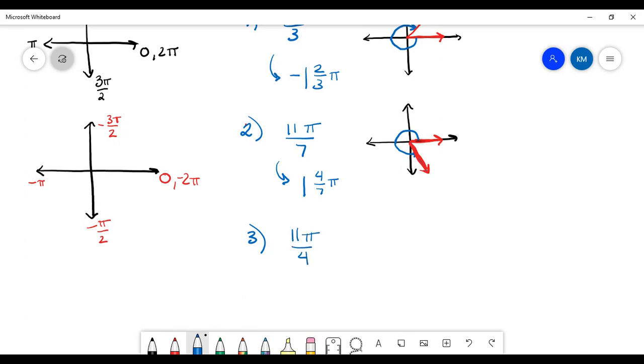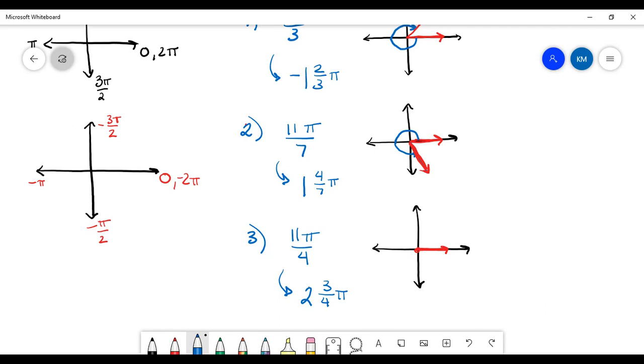Our third and final example is 11 pi over 4. Graphing this one, you notice you actually have more than 1 pi rotation. If we change it to a mixed number, this is equivalent to 2 and 3/4 pi. So our initial side, always starting on the x-axis, positive angle, so we are going to go counterclockwise, and